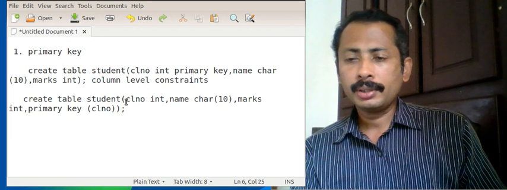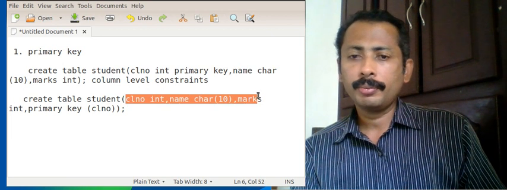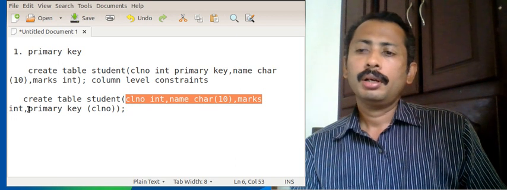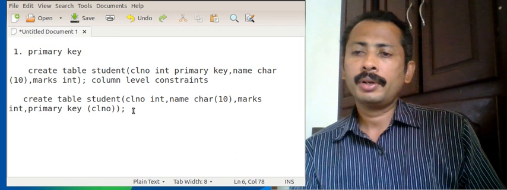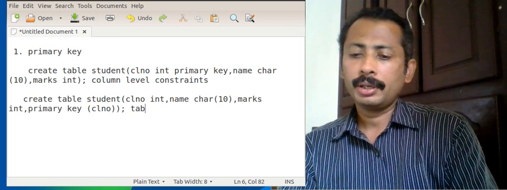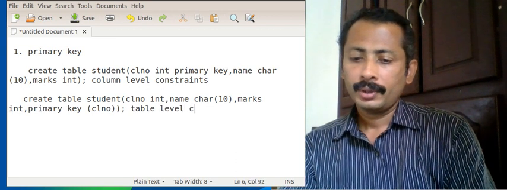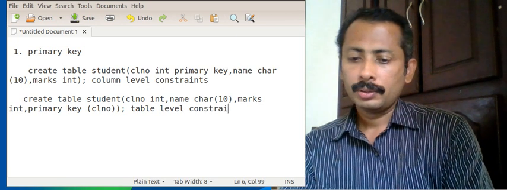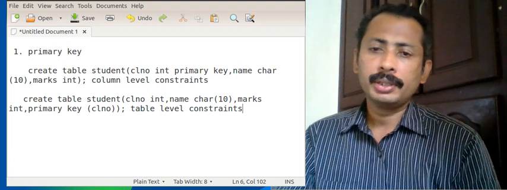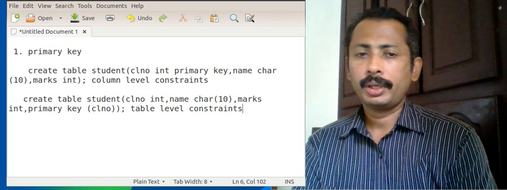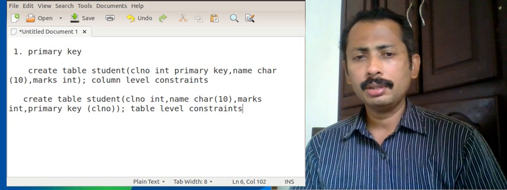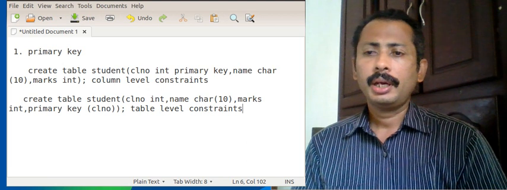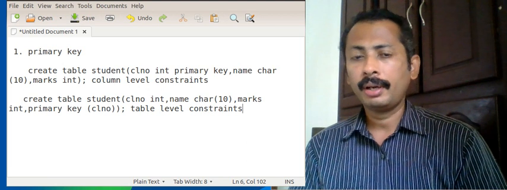And after defining all the columns, when we define a primary key using this syntax, we call it table level constraints. Okay, so these are two methods of setting a primary key on a table. Both work in the same manner. We have two syntaxes: one using column level constraints and the other using table level constraints.